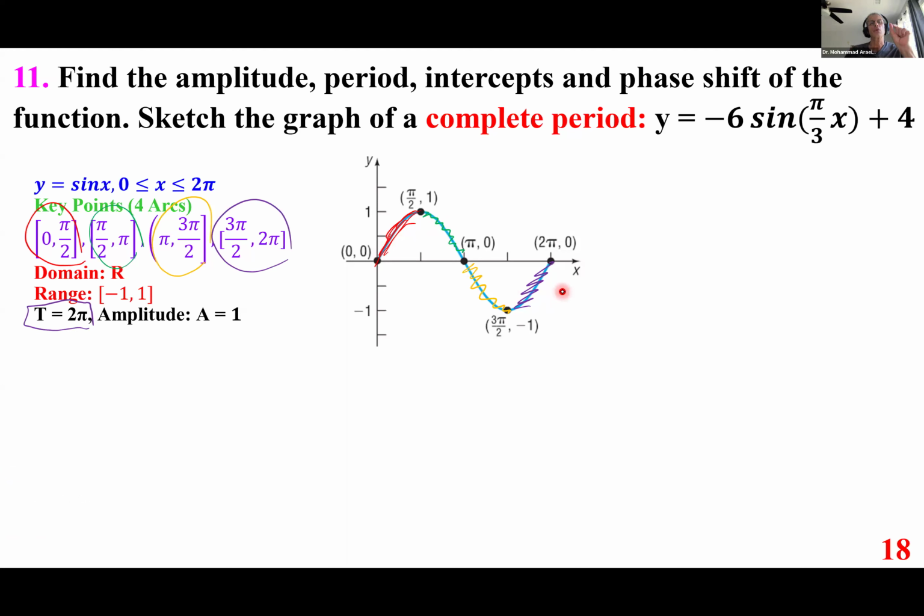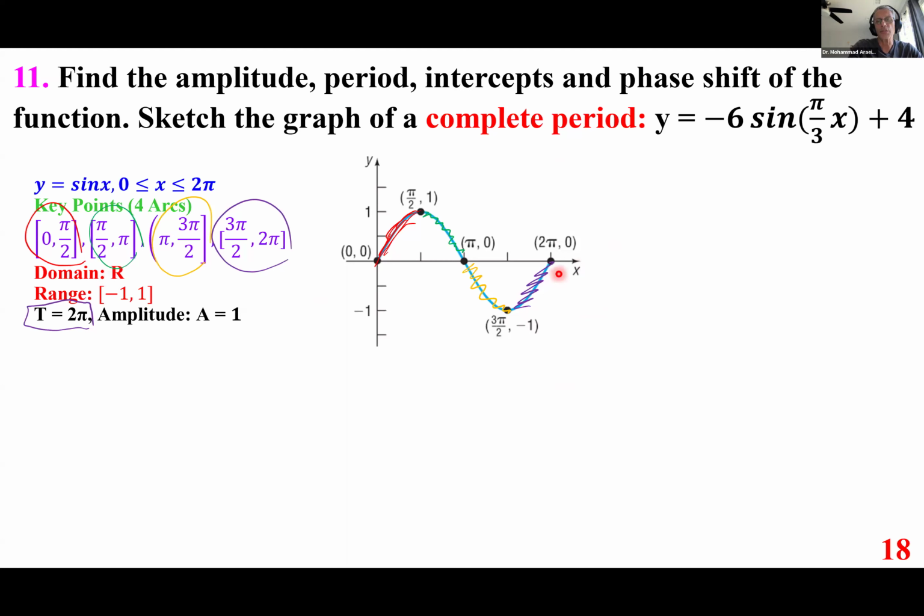arcs. And if you use the endpoints, for example, 0, if you plug in, you get 0, 0; pi over 2, you get pi over 2, 1, and the rest of them. So 0, 0; pi over 2, 1; pi, 0; 3 pi over 2, -1; 2 pi, 0. This is the fastest way to graph this. And for a sine function,